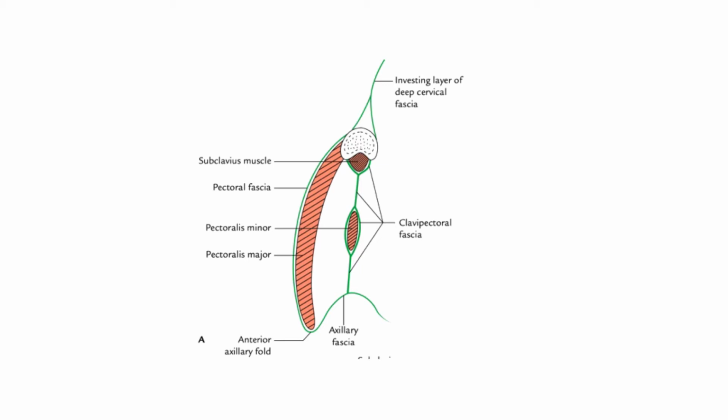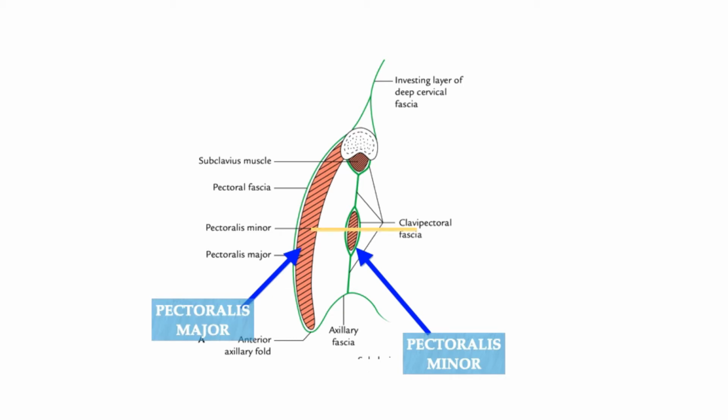On your screens, you can see the schematic representation of the sagittal section of the pectoral region. Here, this green line represents the clavipectoral fascia, and this is the pectoralis minor muscle, and this is the pectoralis major muscle. This yellow line represents the medial pectoral nerve. The medial pectoral nerve, which is the branch of the medial chord of the brachial plexus, comes from deep to superficial plane by piercing the pectoralis minor muscle, where it innervates the same muscle and then reaches the pectoralis major muscle to provide its motor nerve supply.